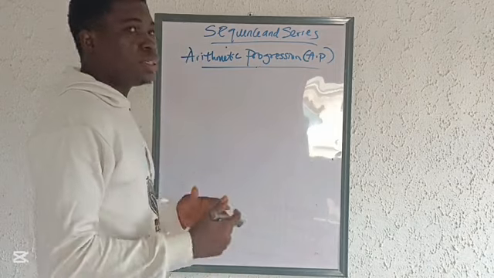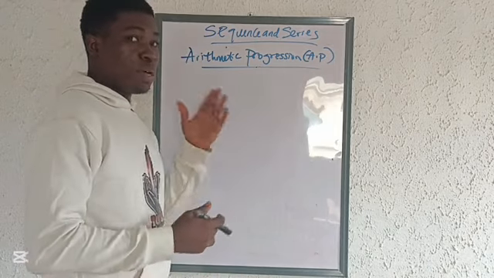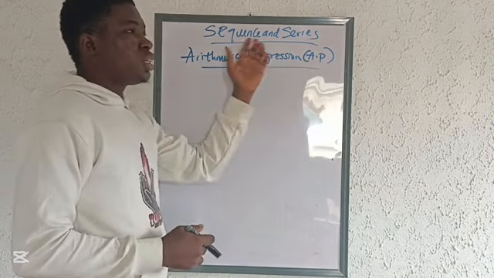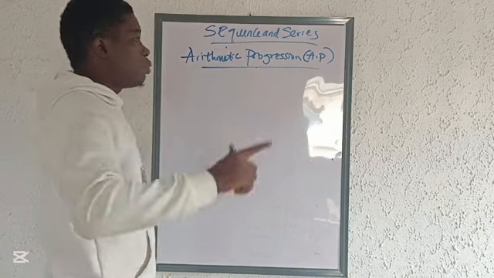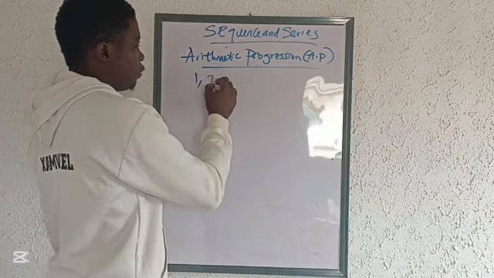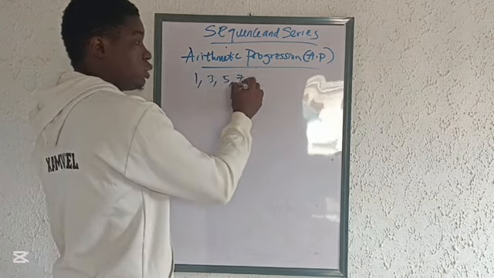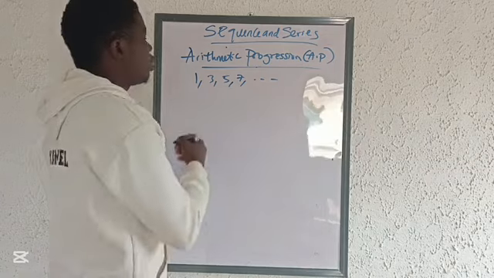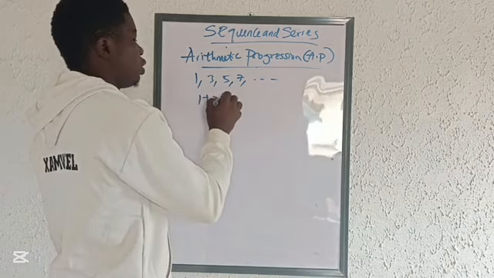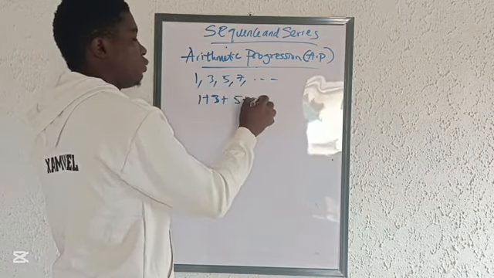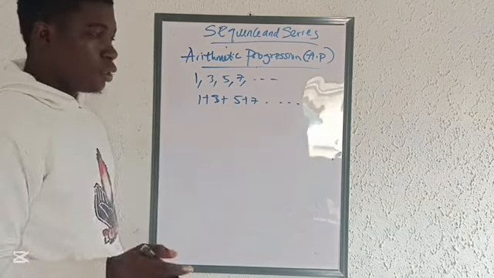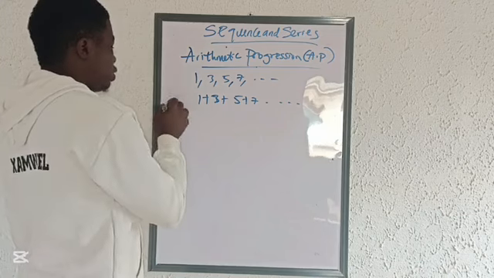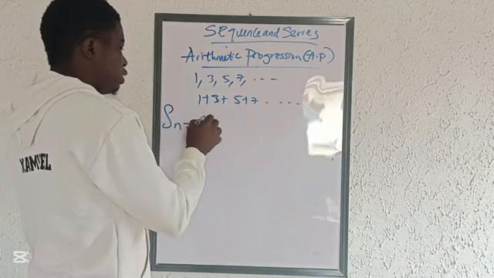I defined a sequence as an ordered list of numbers or terms, while a series is the sum of a sequence. So, like the example I used formerly for the sequence, this is a sequence. When you're having 1 plus 3 plus 5 plus 7, blah blah blah, it's a series. And basically the major formula in obtaining a series is